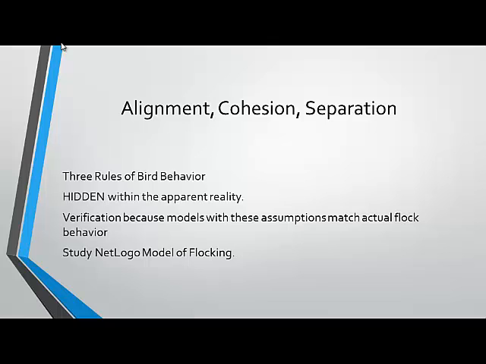And then cohesion. You look at the center of mass of a group of birds and you try to move nearer to the center. And separation, you try to avoid collisions basically. So these two are opposite forces. The cohesion force is trying to pull the birds together, and the separation keeps them apart. So that's why there is some distance between the birds, but they fly together. And we saw in the model that if you take out the separation, then they all become concentrated on one spot.